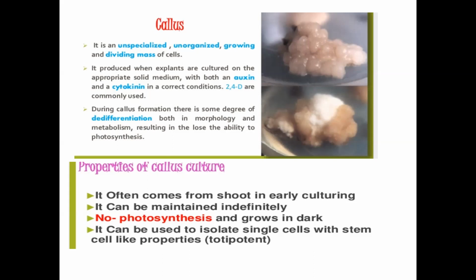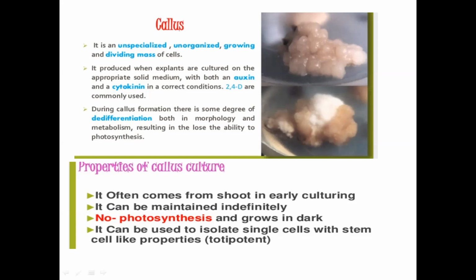So the permanent tissues undergo what is called de-differentiation. They become meristematic again, and then they continue their growth. Then they again become permanent. So you have this process called de-differentiation and re-differentiation. During callus formation, there is some degree of de-differentiation. Suppose you take a node, a nodal cell. Nodes will contain mostly parenchyma and collenchyma. Collenchyma is permanent tissue. It has lost its meristematic activity. But when you put it in a proper medium, the cells will get de-differentiated.